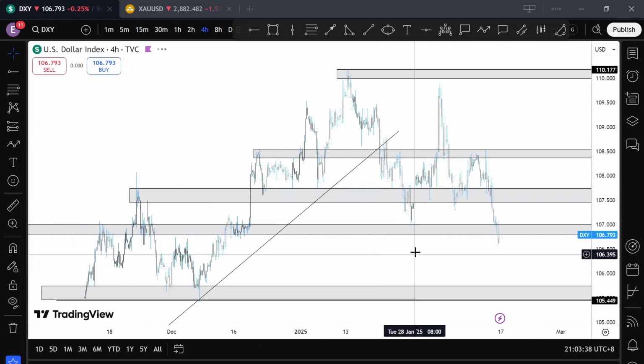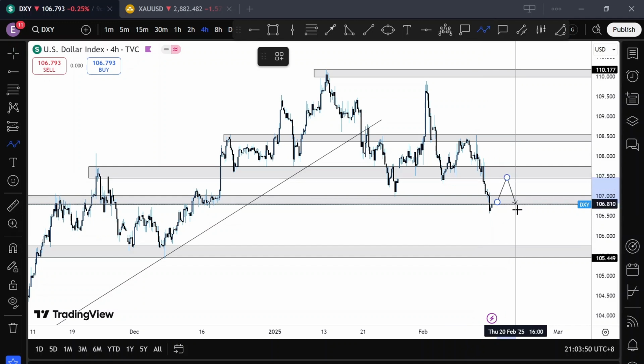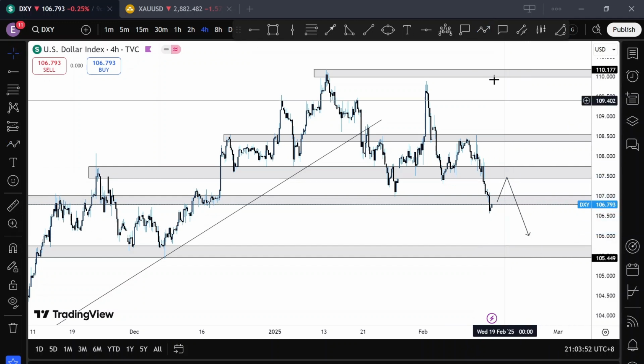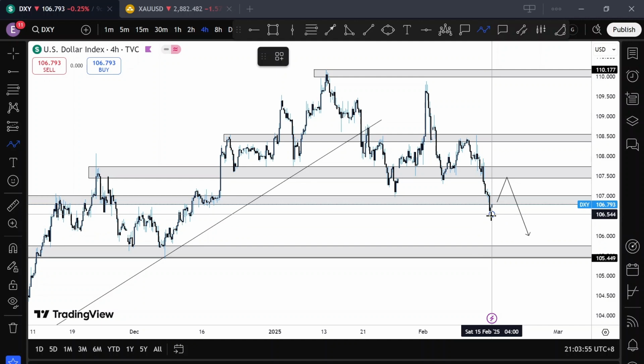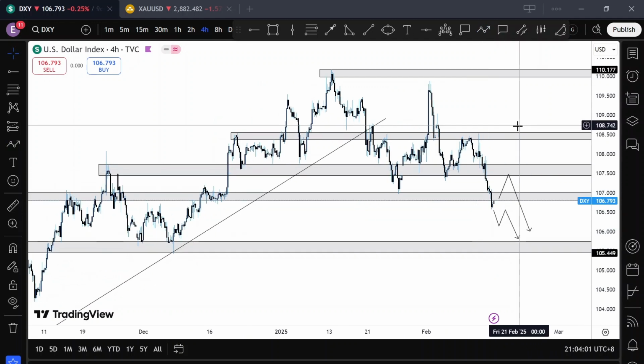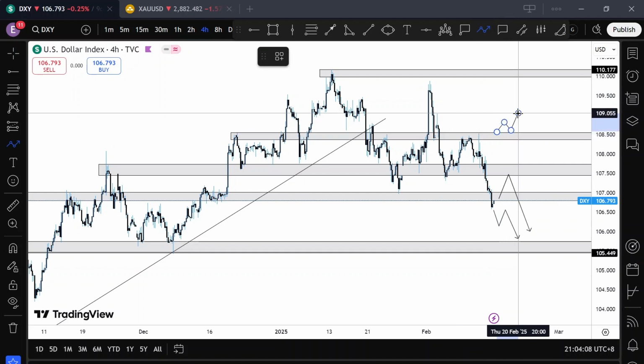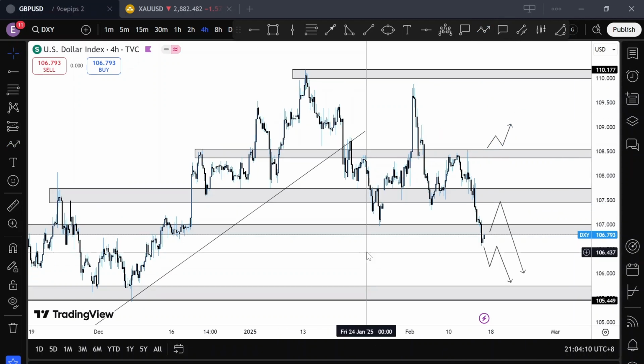Lastly, DXY for confidence. We've seen price create a very huge downward movement here. So at market open, either we'll continue or we'll pull back to these regions here and then continue to the downside, or we could just get a continuation to the downside here. Alright, something of that nature. The only reason I'll be looking for buy opportunities as a confluence on DXY is if price comes back to the 108.50 region. That's the only reason. Okay, that's that for this week.